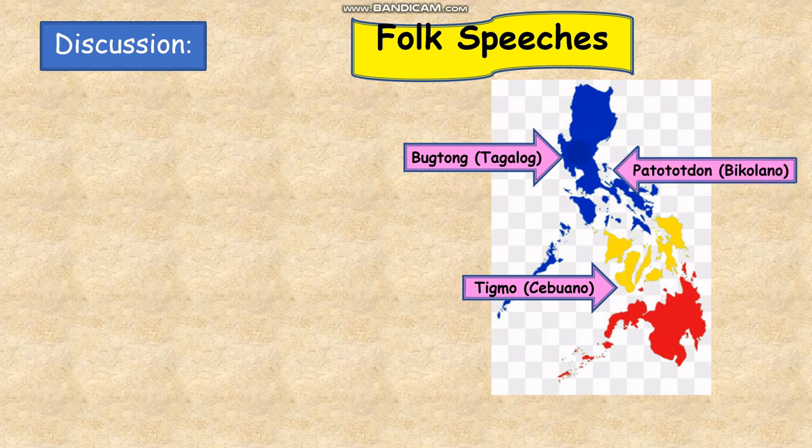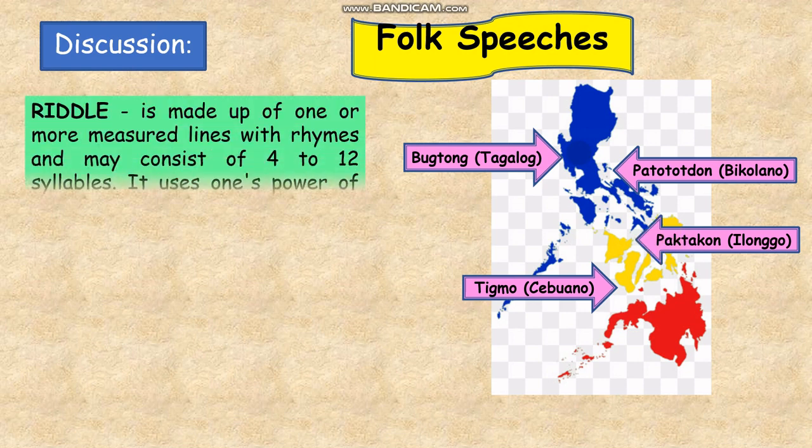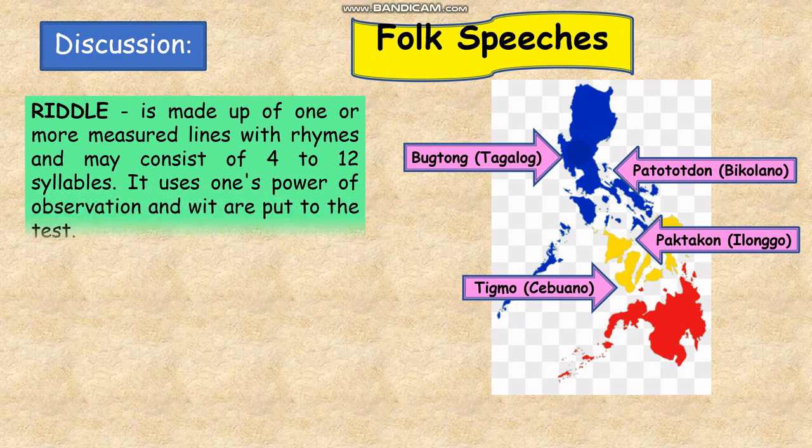One of the types of folk speeches is riddle, or bugtong in Tagalog, tigmo in Cebuano, patototdog in Bicolano, paktakon in Ilonggo. A riddle is made up of one or more measured lines with rhymes and may consist of 4 to 12 syllables. It uses one's power of observation, and wit is put to the test. Some examples of riddles in the Philippines are the following: